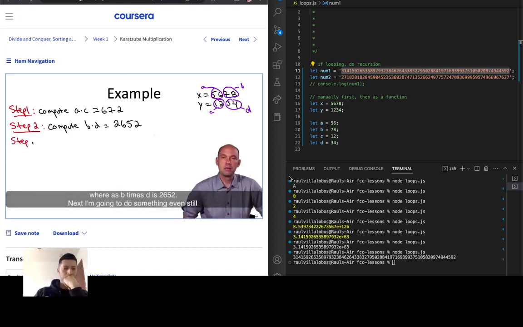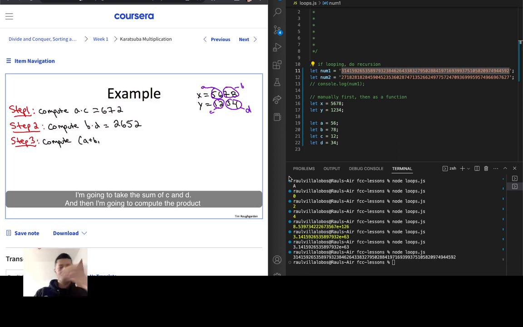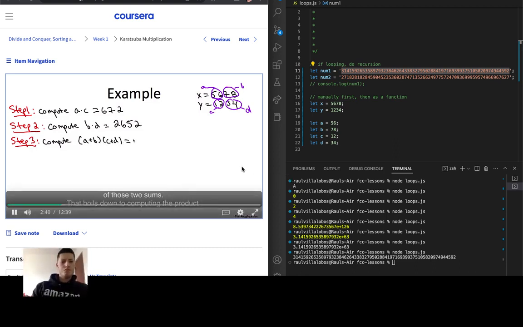Next, I'm going to do something even still more inscrutable. I'm going to take the sum of A and B. I'm going to take the sum of C and D. And then I'm going to compute the product of those two sums. That boils down to computing the product of 134 and 46, namely